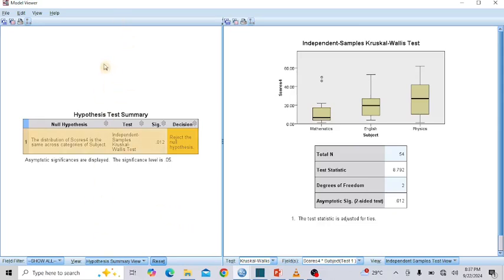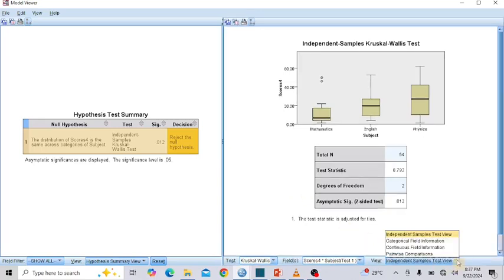The section on the left-hand side is the main view, and it contains the hypothesis test summary table, which you have seen earlier, while the section on the right-hand side is the auxiliary view, which contains the independent samples Kruskal-Wallis test in a box plot and table. This section also contains the view drop-down option, where you can activate the Kruskal-Wallis system to perform different statistical events,